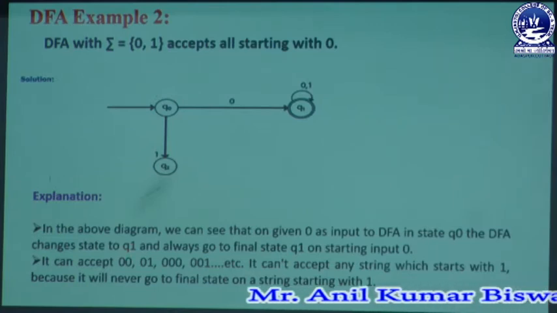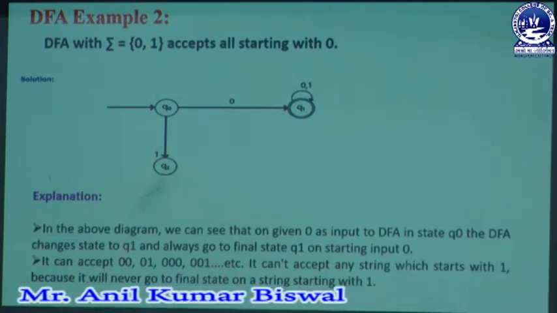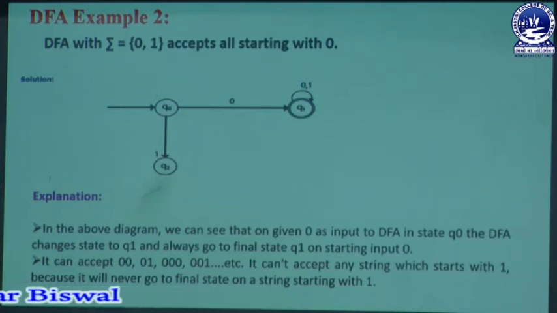That means when the user inputs 0, we can create another new state, known as Q1, and it always goes to the final state. We know that the final state is always denoted as a double rounded circle, and here Q1 is the final state, reached on starting with input symbol 0, because whenever the user puts a 0 symbol, the Q1 state is created. So it always starts with the 0 symbol.